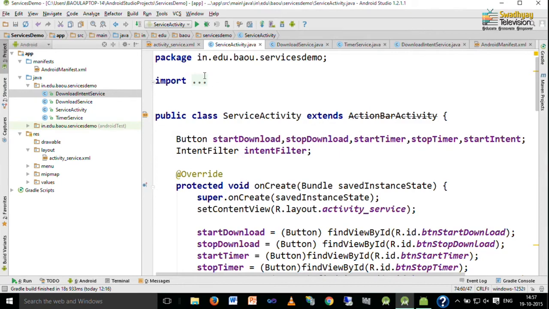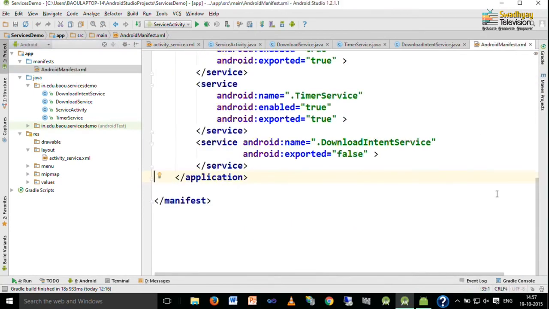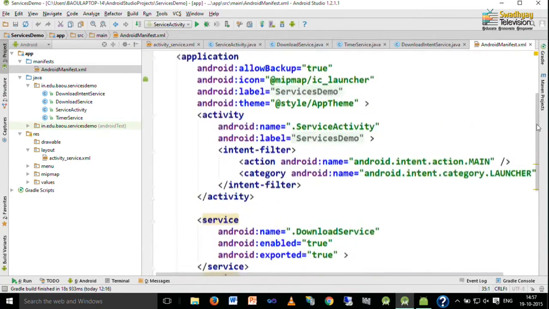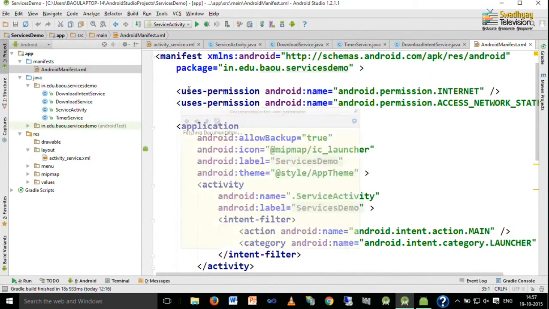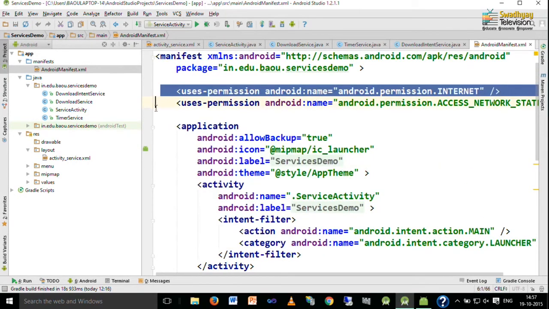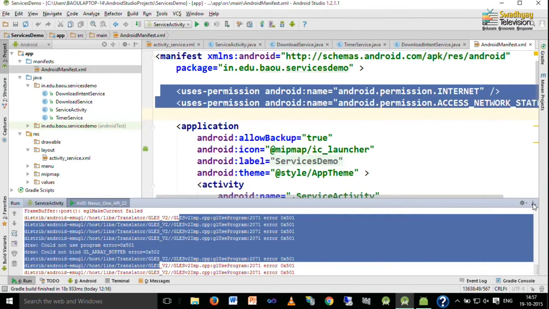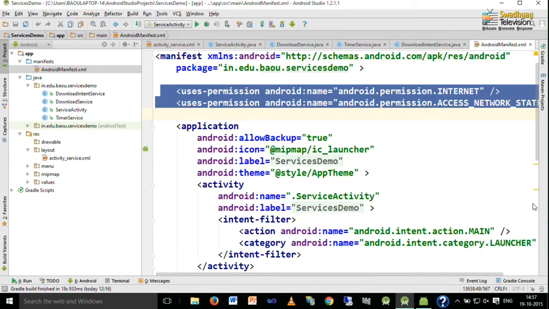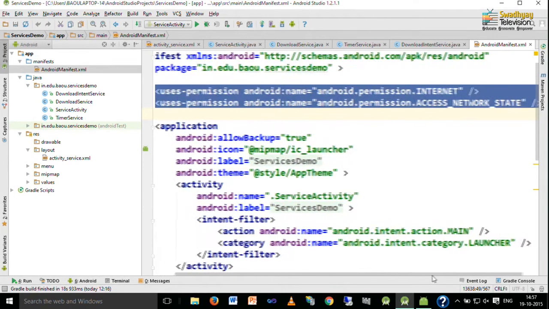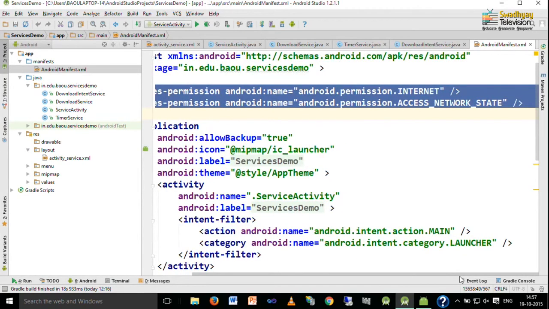Now, next you have to require certain permissions in the manifest file. So, here in order to download our content we require two permissions, same as in networking. So, here we require internet and access network state.